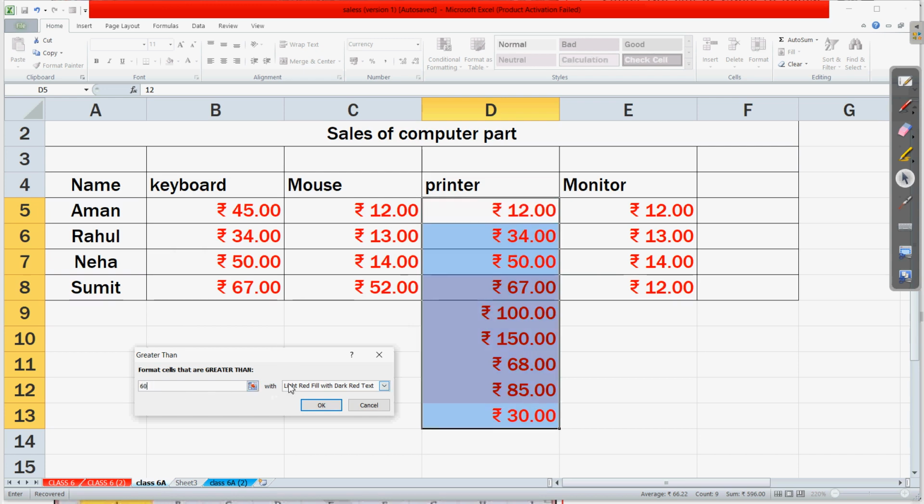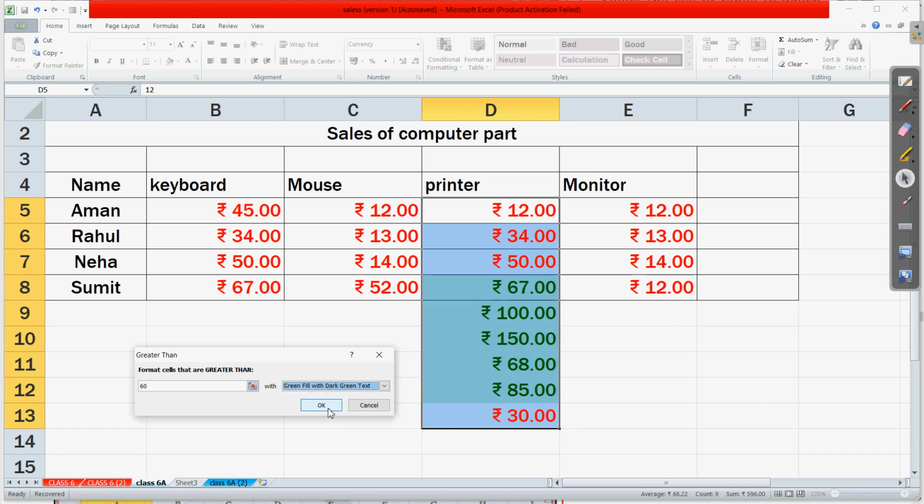Clear? Then whatever cell color we want can be chosen. Suppose I want a color to be filled in the cell as well as the text should also appear. So yellow fill with dark yellow text, or green fill with dark green text. Any of these can be chosen.